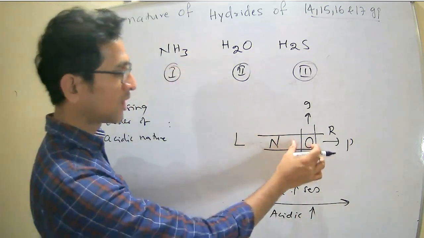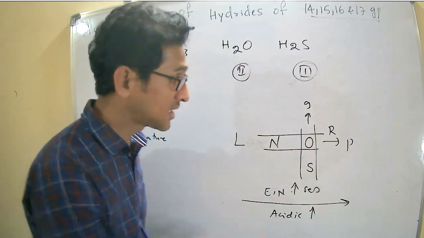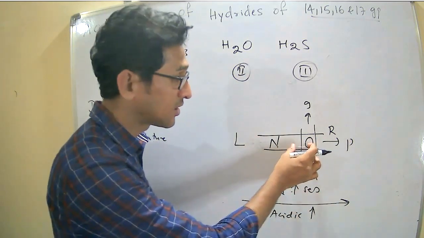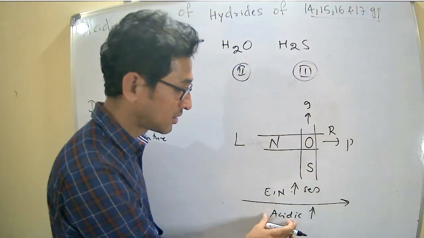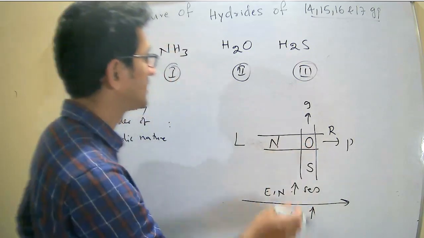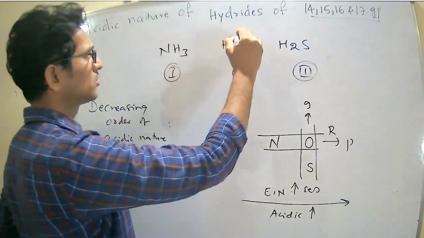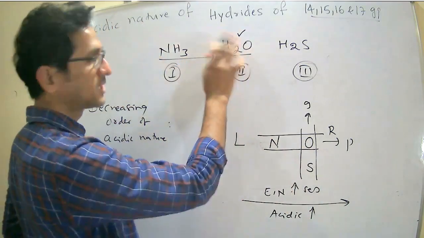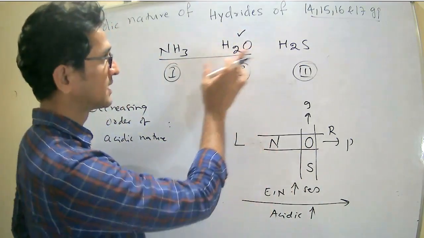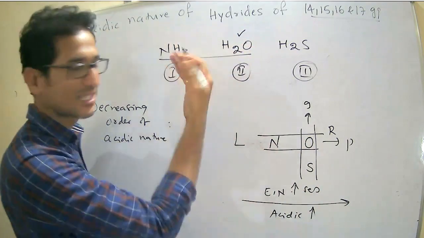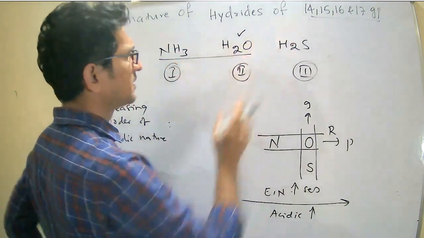Among ammonia and water, which is more acidic in nature? Water is more acidic in nature because oxygen is more electronegative. Electronegativity increases, acidic nature increases. Among these two, this is more acidic, so this is less acidic. Keep it aside. Now comparing between these two,